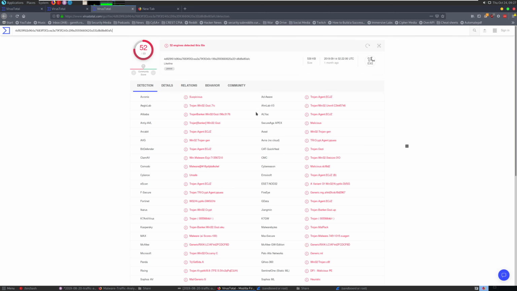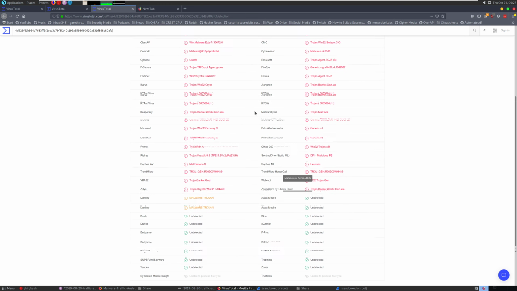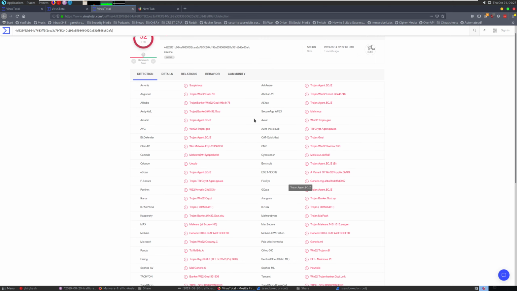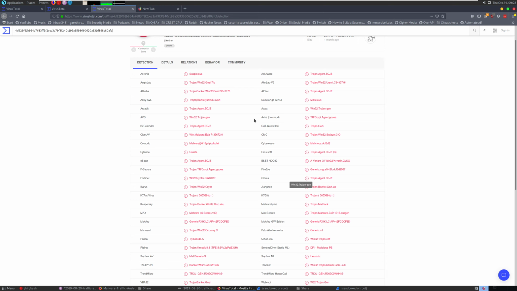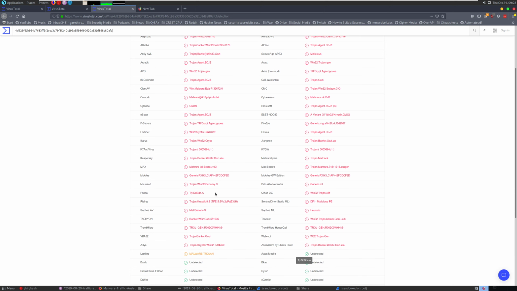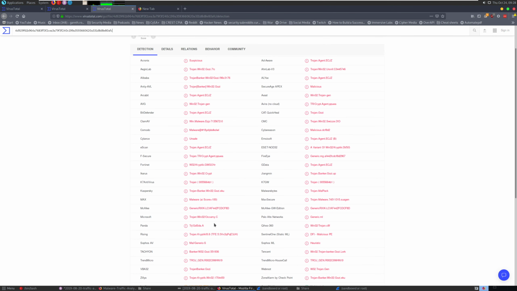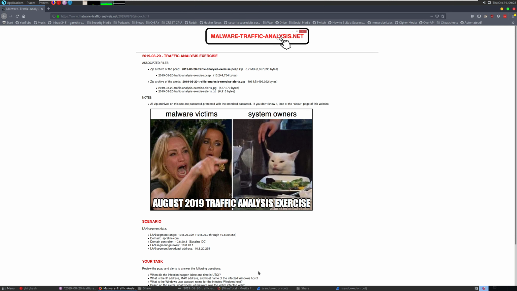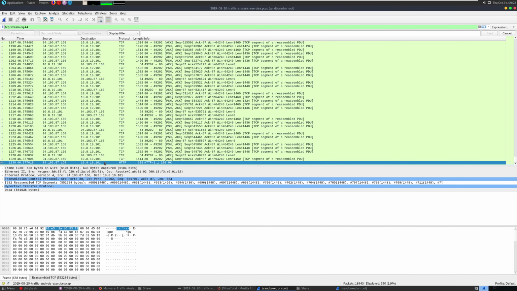Oh, this is a malicious file. So we found a malicious file. Banking Trojan from the looks of it. Several label it, everyone has a different name, but a couple of them say Banking Trojan, Crypt Agent, Trojan, Banker. So right now I'm going to guess this is a Banking Trojan, which means I think it's fair to say that this 10.8.19.101